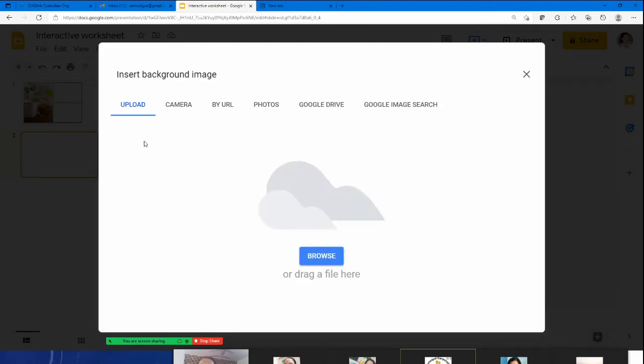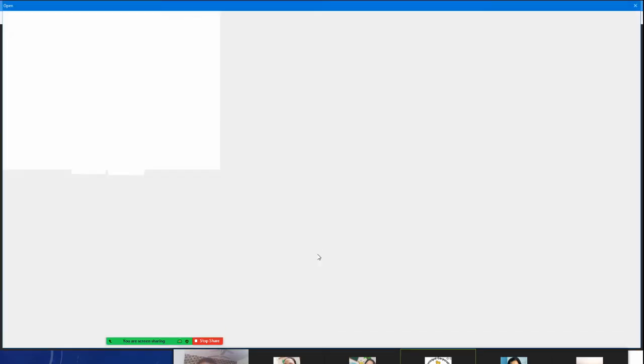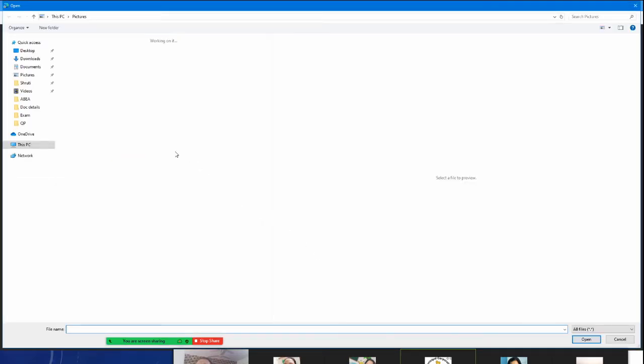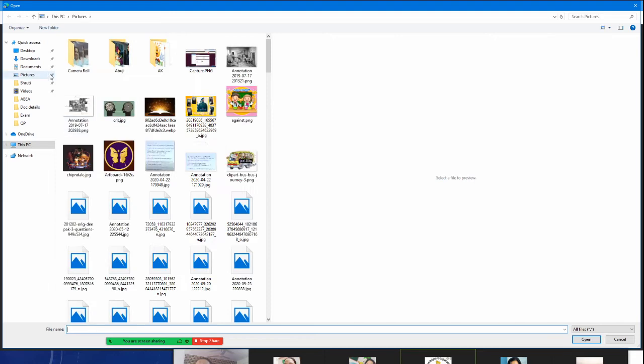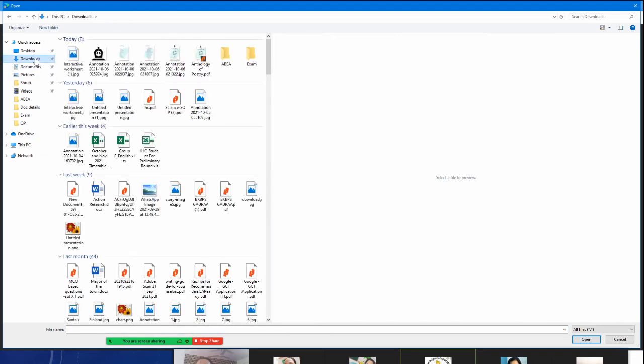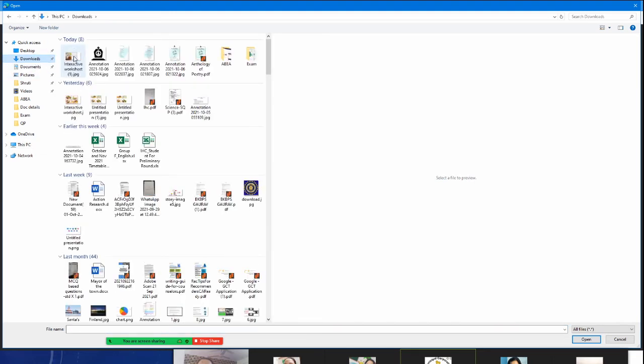Now it gives me again all these options. If you want to make use of any image from the search, whether it is in your photos or in your drive or it is in your computer. So I want to browse it here from my laptop because I downloaded it just now. So I want to make use of that image. Now I'll just show you in my downloads. See, it is here.